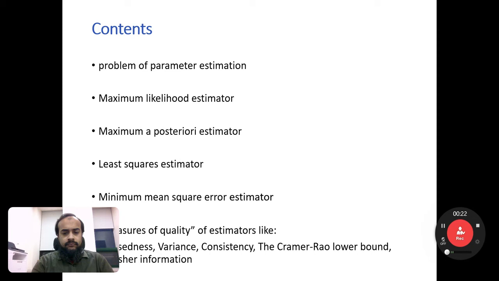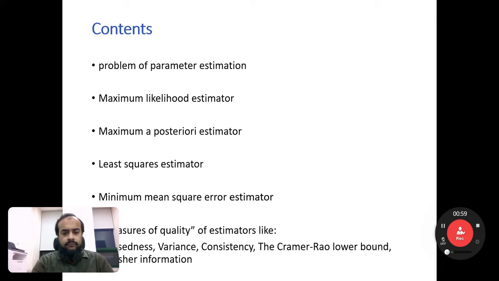We have covered the maximum likelihood estimator and the maximum a posteriori estimator. Today we will cover the previous lecture. In the previous lecture there are some missing topics, so we will cover 2 or 3 slides in this lecture. Then we will move towards the least square estimator and the minimum mean square estimator. And in the last we will study